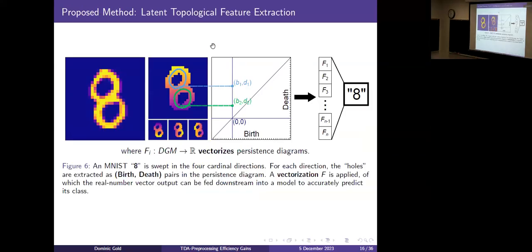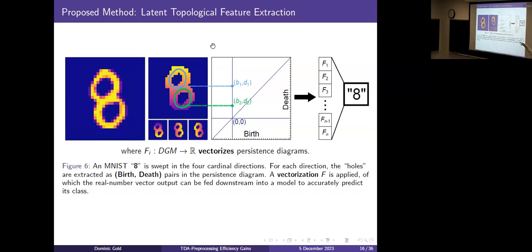So what is my proposed method? What am I doing that makes my dimensionality reduction distinct from other techniques that have been done in the past? There's stuff like PCA, there's stuff like eigenvector decomposition, there's stuff like if you have an image, you can downscale and resize that image. What am I doing? Well, what I'm doing is using latent topological feature extraction to algorithmically extract, not learn, but extract distinguishing shape characteristics that are present underlying the data itself.